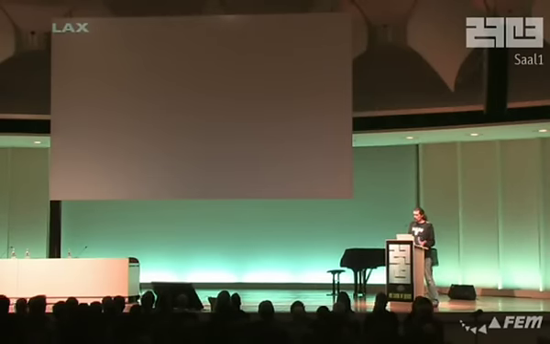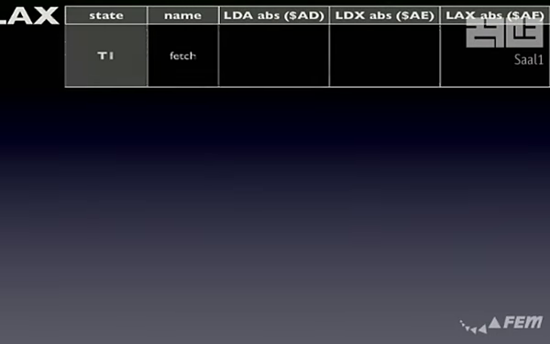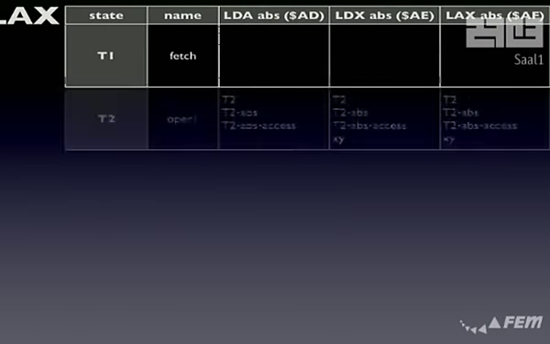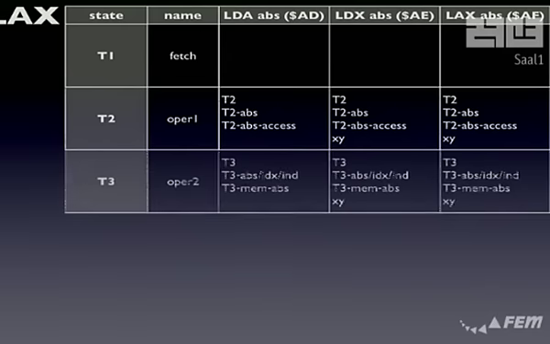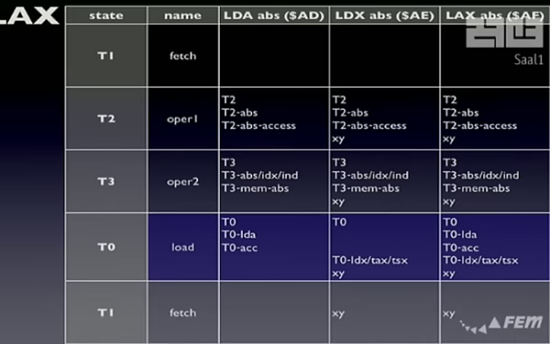So if we go through step by step for an LDA, LDX, and LAX, you will see that in the first instructions, the LDA and the LDX do the same anyway in T1, 2, 3. But in T4, the LDA does something with A, the other one does something with X, and LAX is just true for both. So this is the store into the register. So it stores it into A or it stores it into X at the same time because both of these control lines are set. So there's a lot more about illegal opcodes that can be explained that way by just